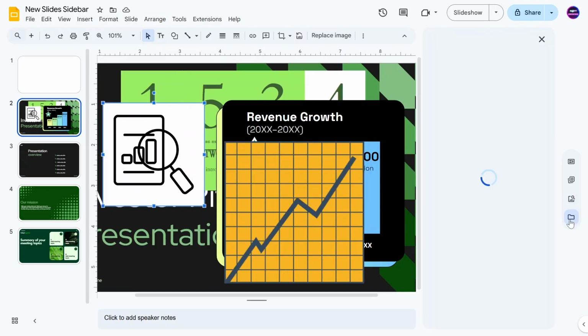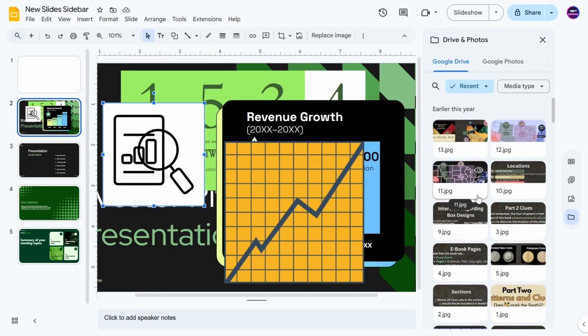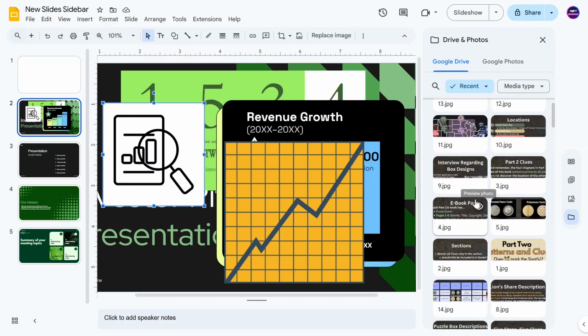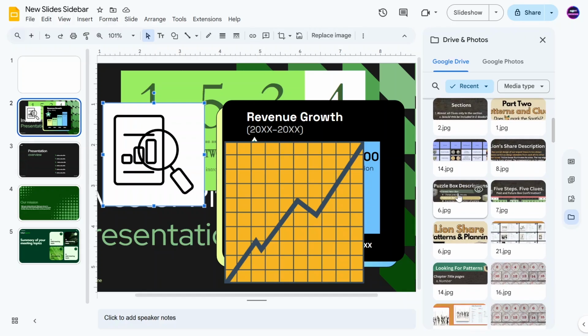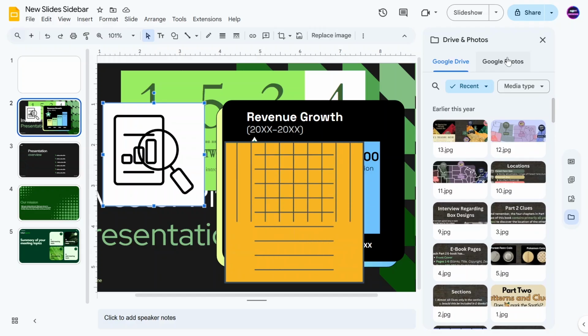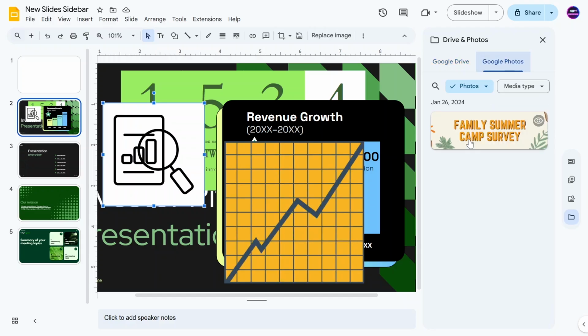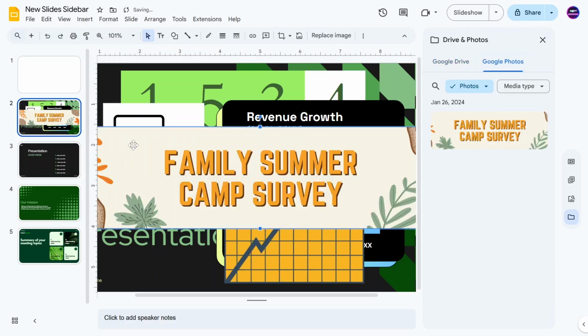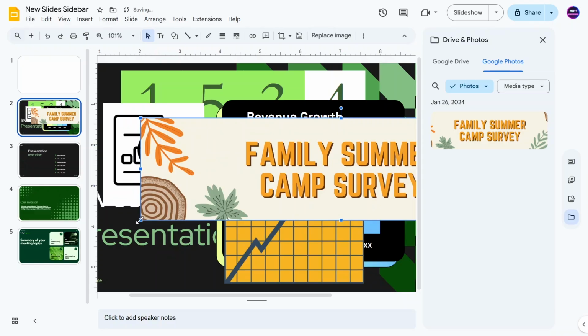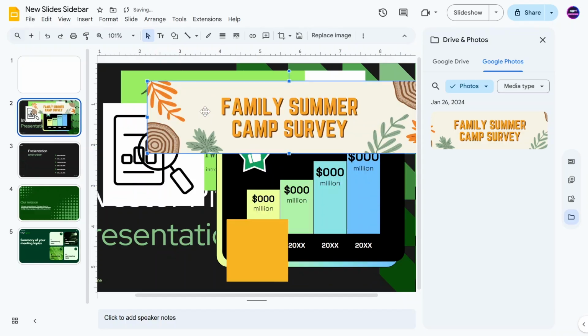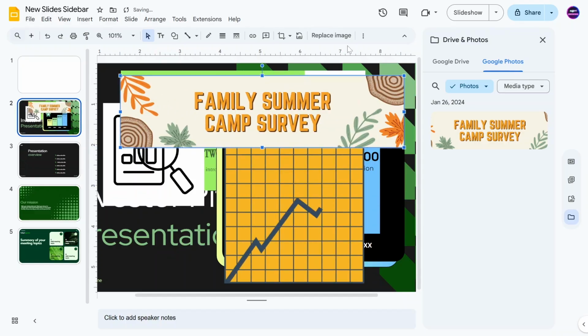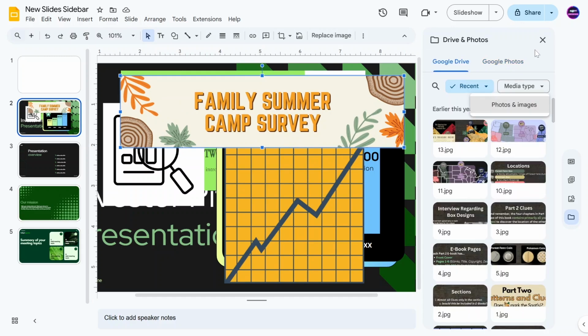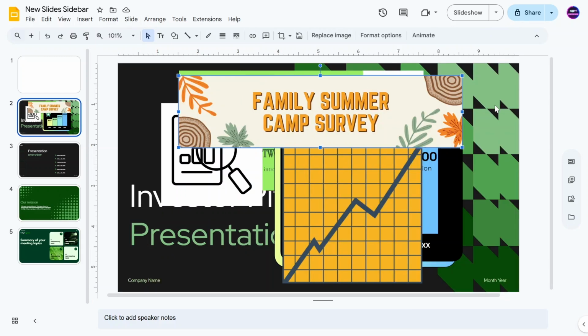And finally, the drives and photo. This will show all the different drive photos that you have. So these are ones that I've made and imported from some different treasure hunt videos I've done. Google Photos, I have this one that I saved to the actual Google Photos app. And basically you can just import that there pretty quickly. And again, you can choose the different types. Right now I just have photo images. That's pretty much it for